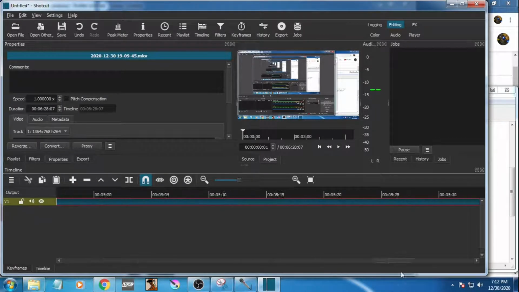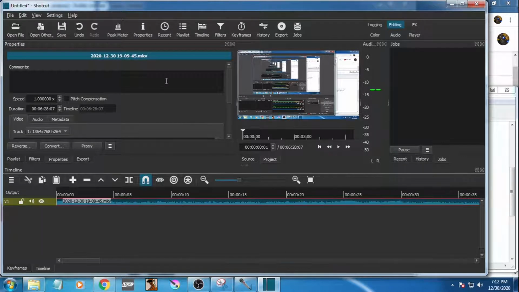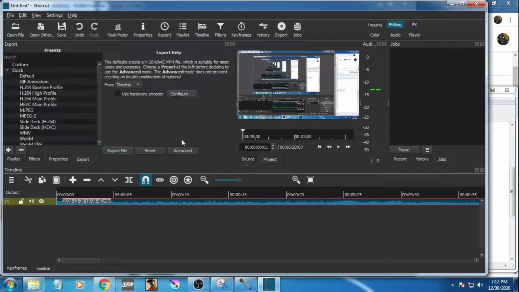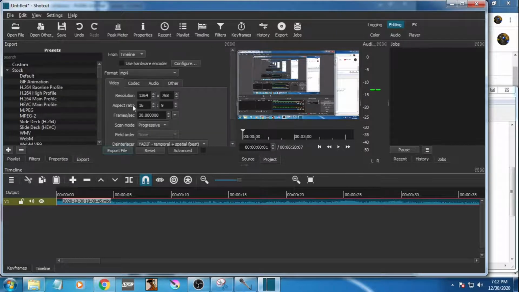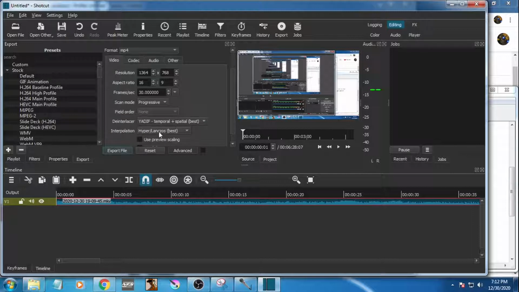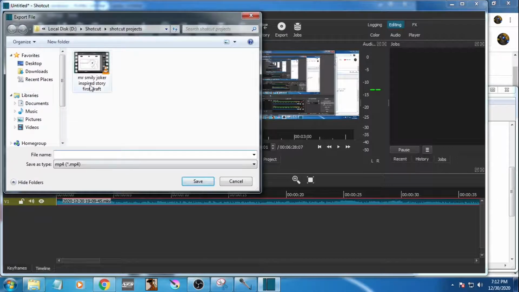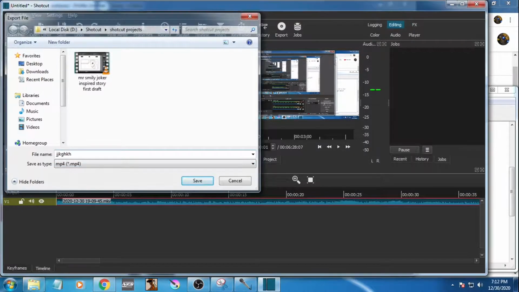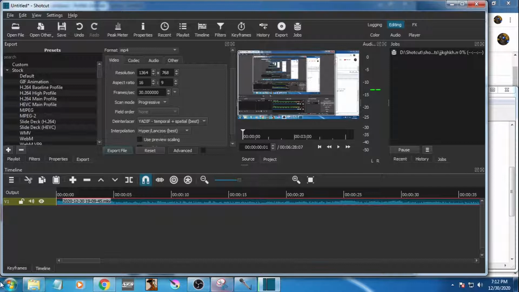Okay, this is a 6-minute part. Okay, so I'm going to show you what happens. Let's export. Let's make it the hardest way possible for the computer to export it. And export. Okay, export anything. Okay, just save. Okay, let's put in the title that we want, and we will corrupt the file that's